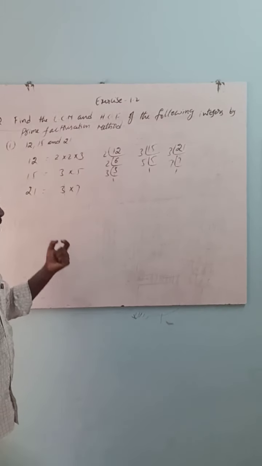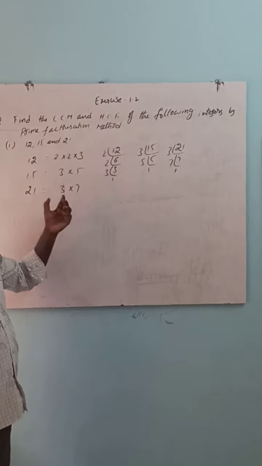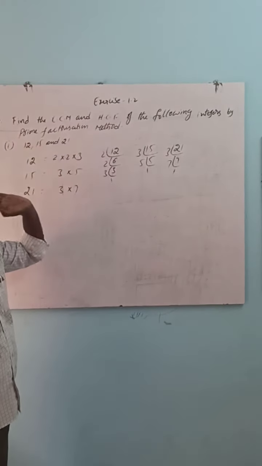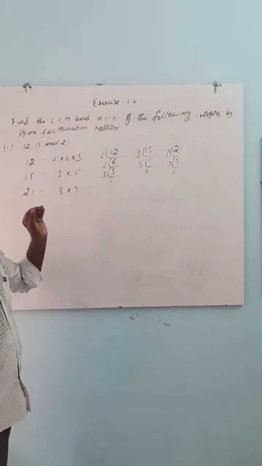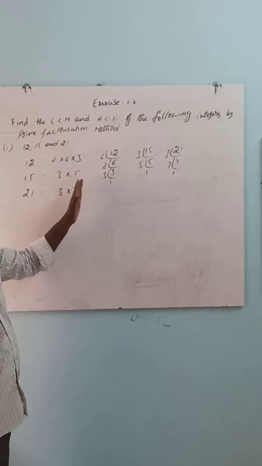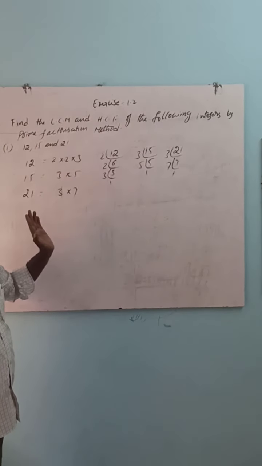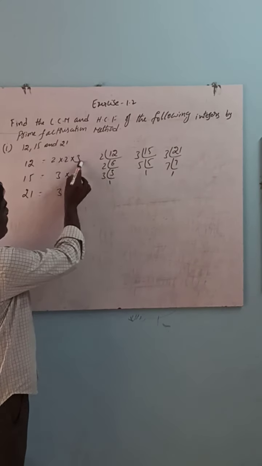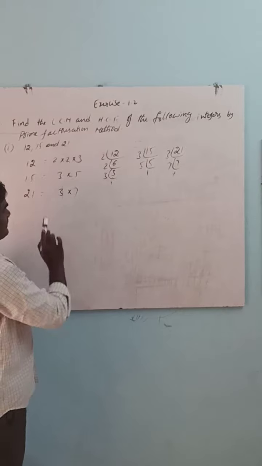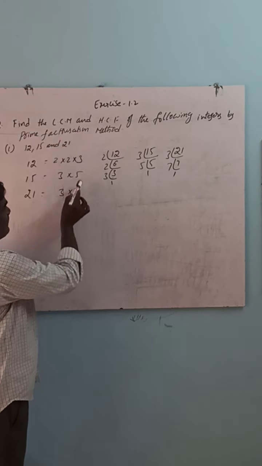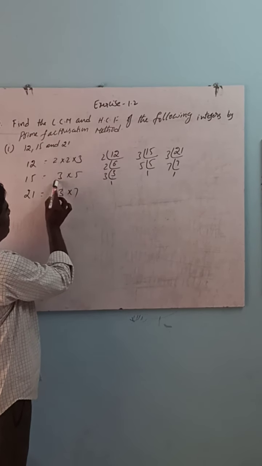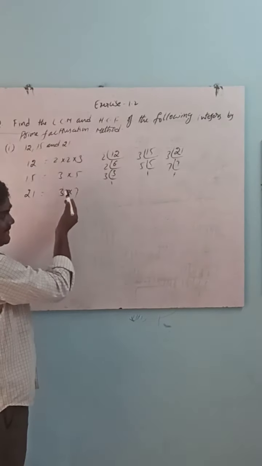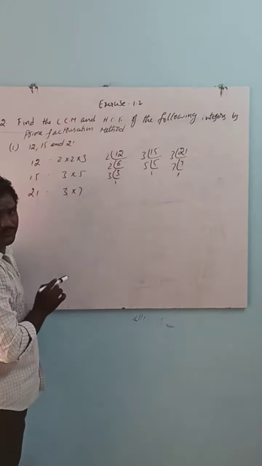Okay, so here what does the condition mean? How can we take the HCF of these three numbers by using the prime factorization method? Take the least common multiple factor. Here, what are the common factors? 3 more. So 3 is the common factor. Here how many times is it multiplied? 1 time, 1 time, 1 time. So what is the least common multiple here? 3. So 3 is the HCF.